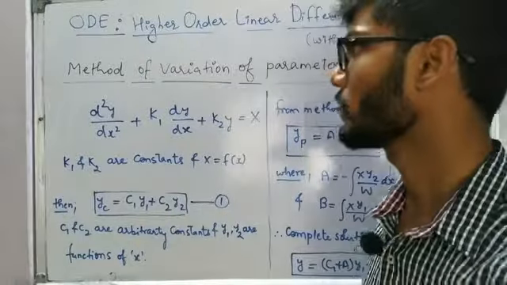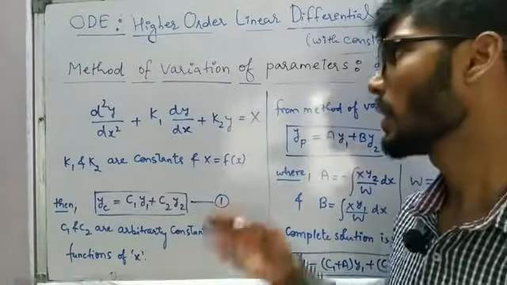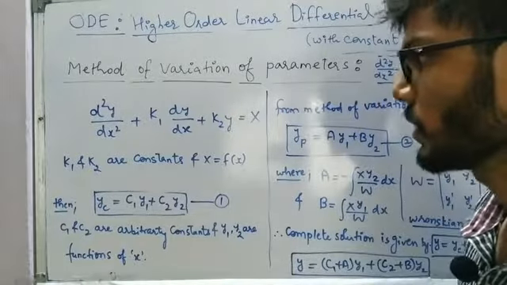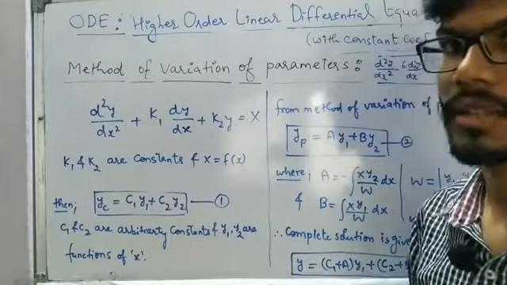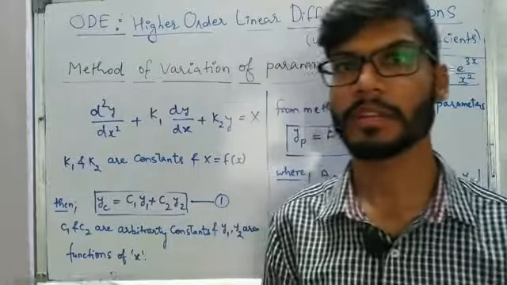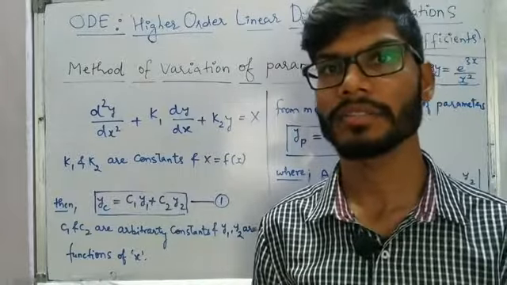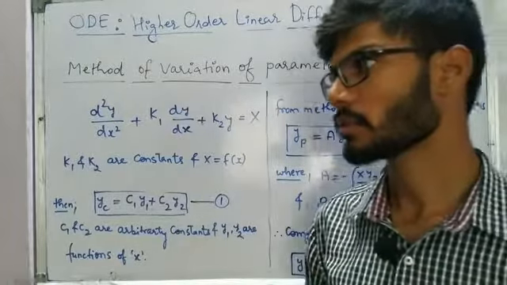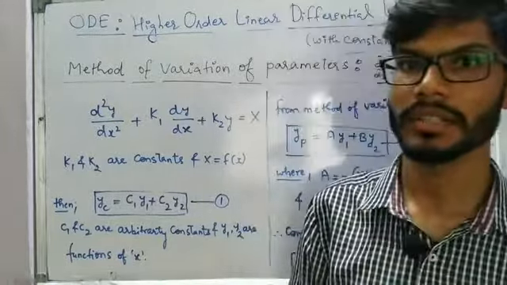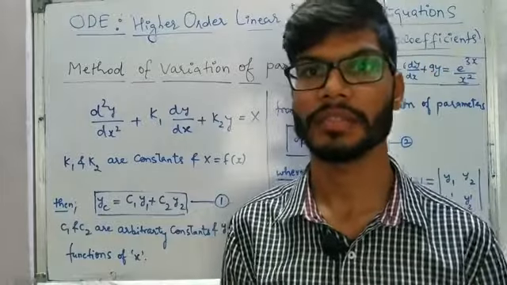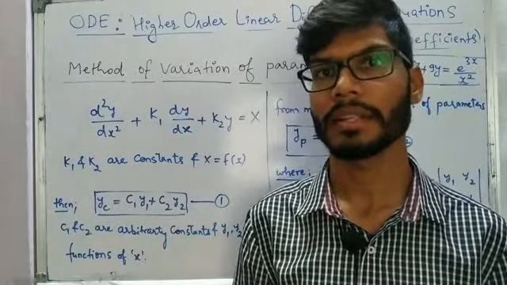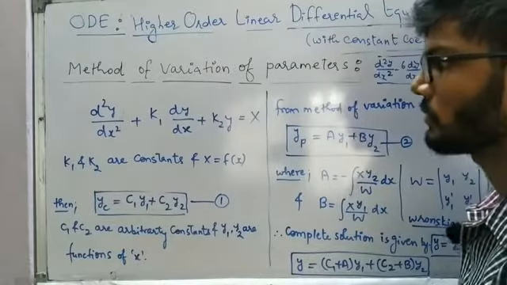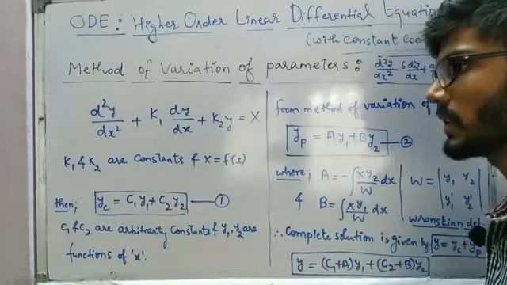So in the case of non-homogeneous differential equation, we had capital X as the function of x, and we had the discussion of 5 different cases if that function of x is nothing but e power x plus b or constant, and in the second case cos x plus b or sin x plus b, and in the third case if it is x to the power m, and in the fourth and fifth case if it is the combination of first with second and first with third, or in the fifth case if it is the combination of second with third one. So we had the discussion of 5 different cases,